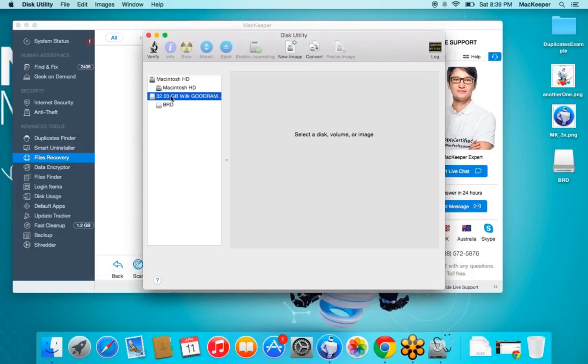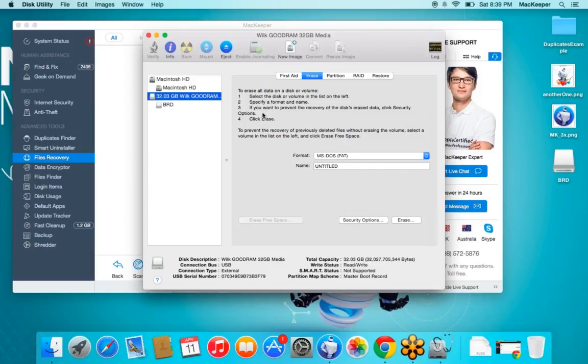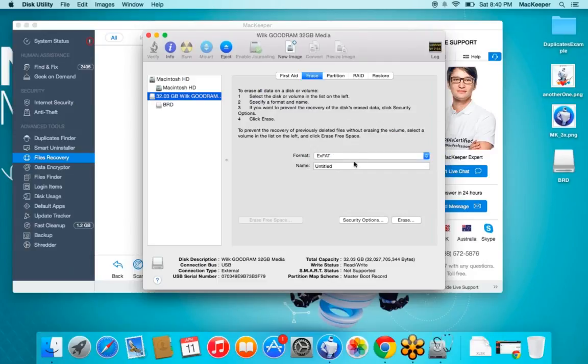Okay, so just click on the name of the drive, then go to the Erase tab in the disk utility. Instead of FAT, choose exFAT. The difference here is that with FAT you will not be able to save a file that is more than 4 gigabytes, if I'm not mistaken. If you have a file that is 5 gigabytes, you will not be able to save it onto this FAT file system. If you use exFAT, you will be able to, and you can then name the drive